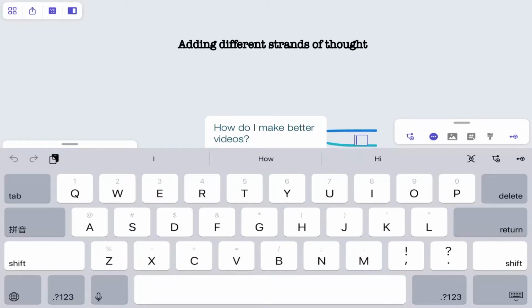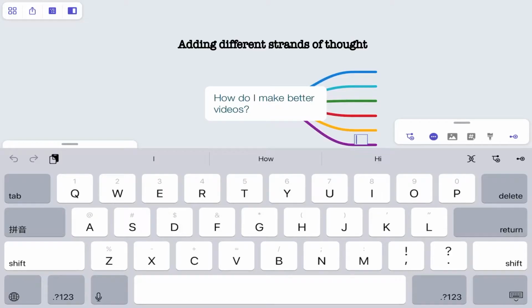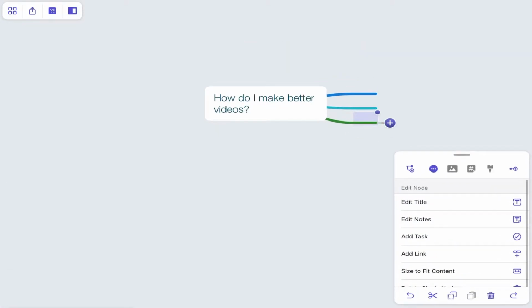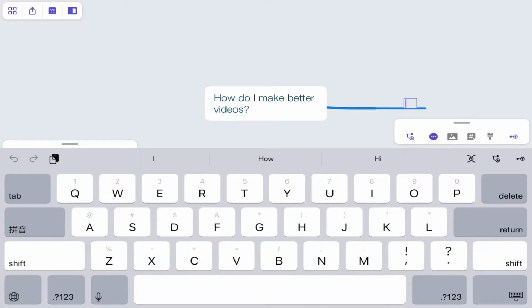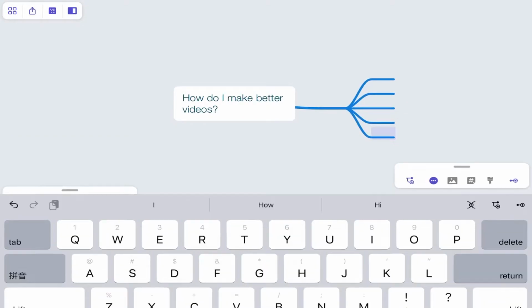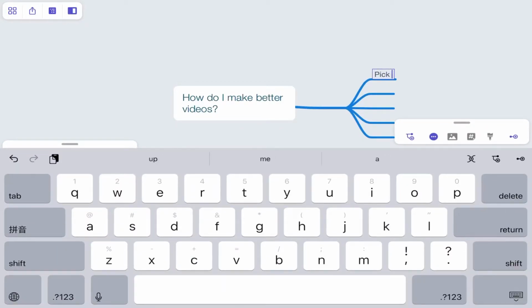Now you can go onto the right hand side of it and you can add a node. Node is really a strand of thought, as I like to see it, and you can add as many as you want, 4, 5, 6. So for example, I'm just gonna populate them for you. So when in my head the thought is, how do I make better videos? You can populate in 5 thoughts, let's say, just came into my head. And for example, one such thought can be, pick a topic that you find interesting, right? So pick something interesting to do,